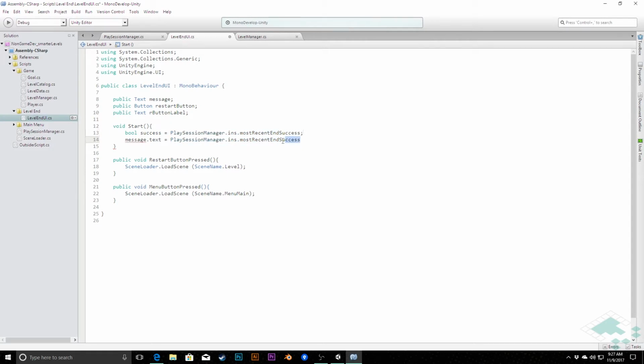There. So now instead of having to check this whole long line each time, we're going to keep our code a little bit cleaner. We can just say message text equals, and then we're going to do a quick check here: was it a success, or was it a successfully completed level? If so, then we want our message to be "level complete." Otherwise, we will say something like